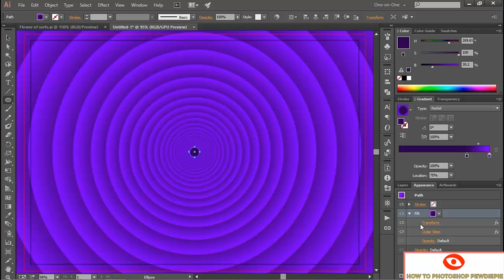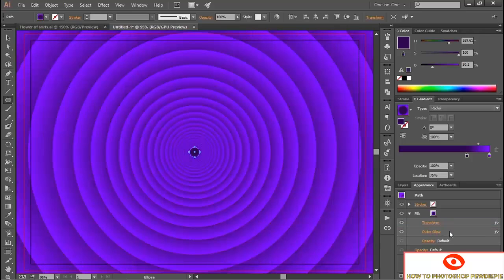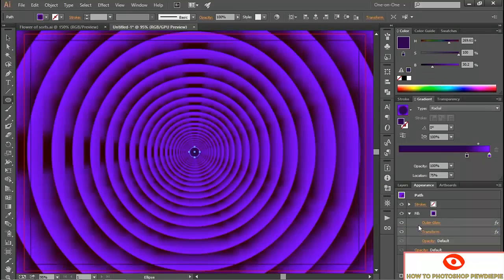This is a little bit puzzling because the outer glow has gotten applied after the transform effect. We want to apply it first, so I'll go ahead and drag it up like so. So notice the difference. This is what things look like when the outer glow is below transform. This is what things look like when you drag outer glow above transform. It looks terrible, however, and that's because Illustrator is rasterizing the glow at 72 pixels per inch, which is not